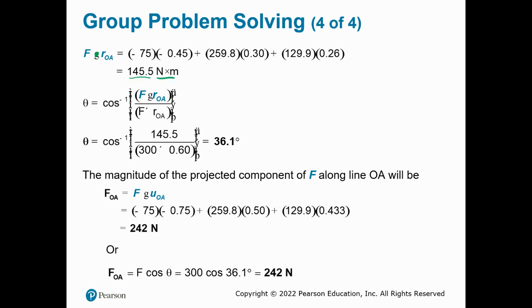The units will be the product of the force and the position vector. Then using that, we can use cosine inverse to find the angle between the force F and the position vector OA. With that angle known, we can do F cosine theta to find the projected force along the direction of the position vector. You may also